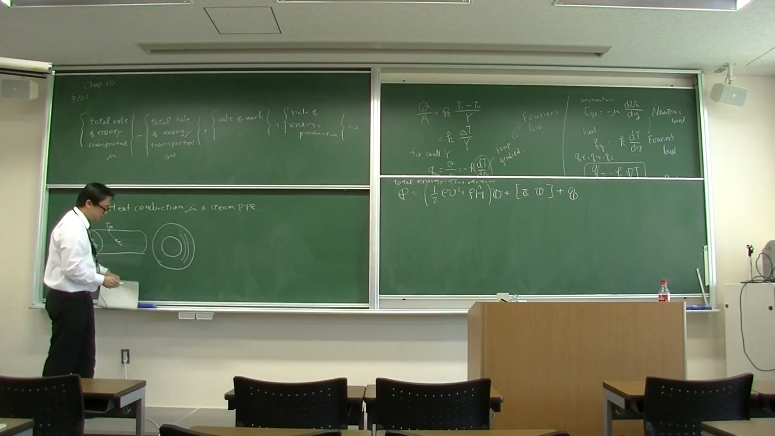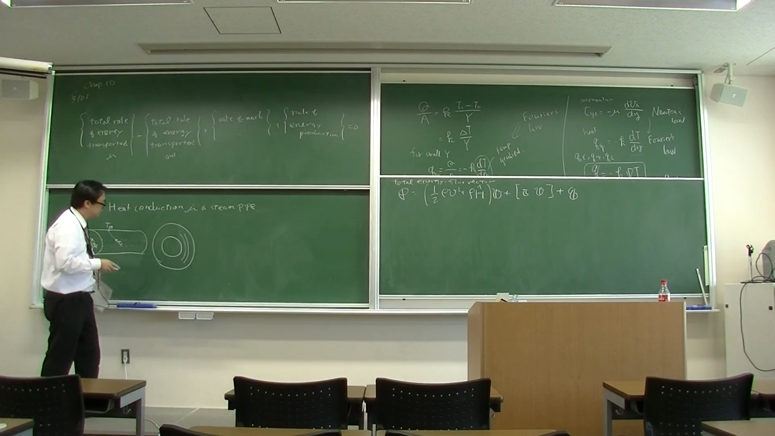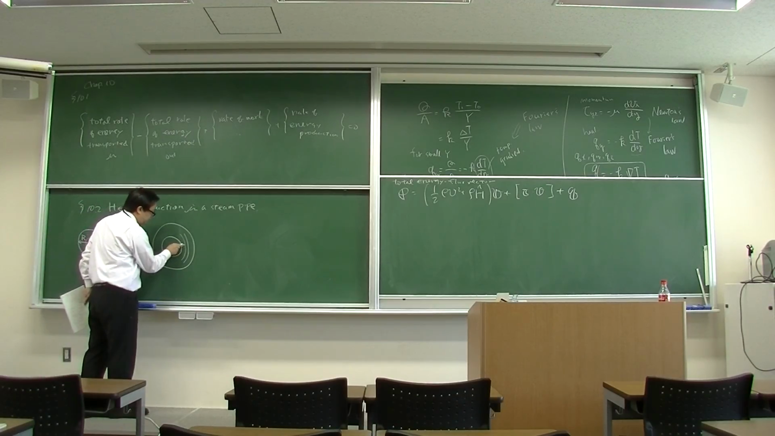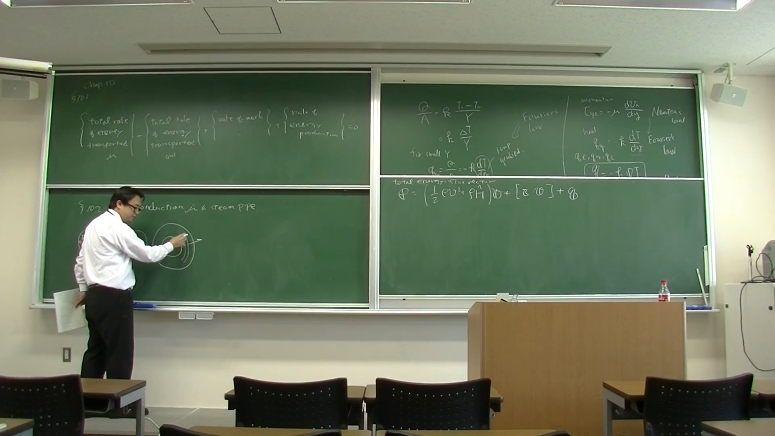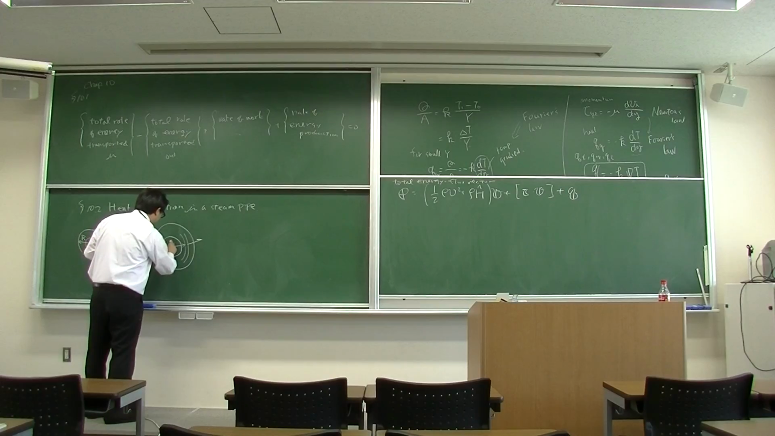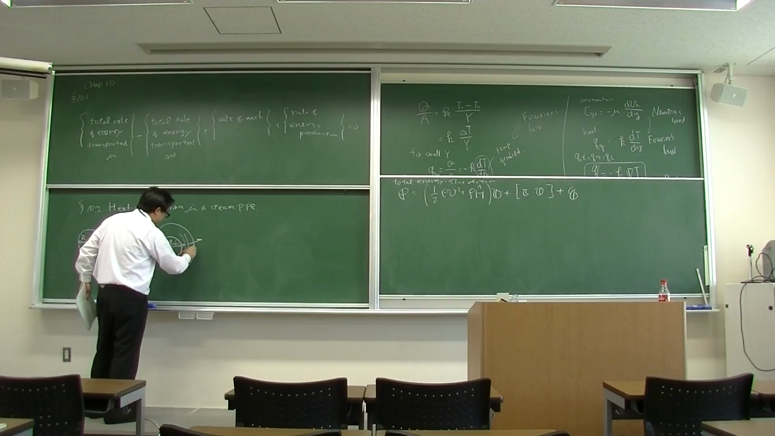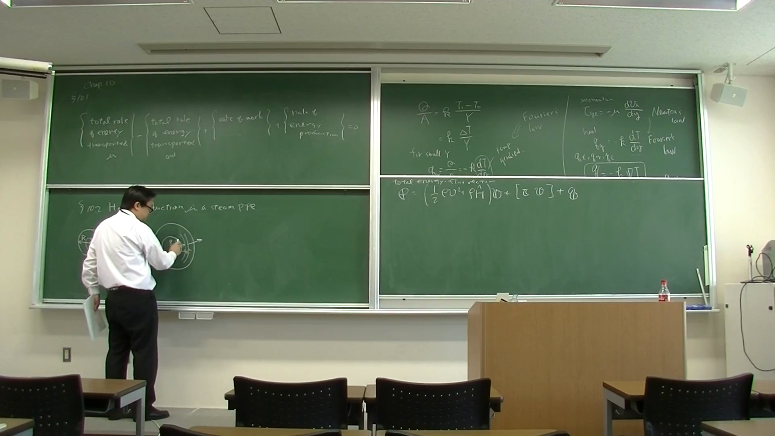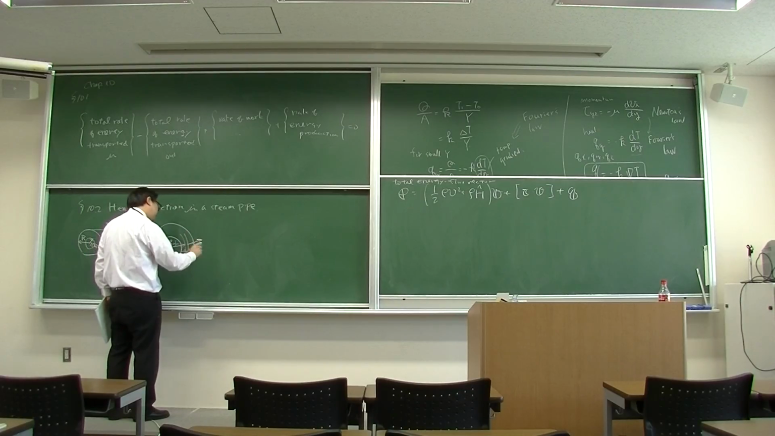So we are thinking about a very thin shell, and the heat is conducted through this shell. At this point, heat is conducted, Q_r, and the thickness is delta r. So the heat exits